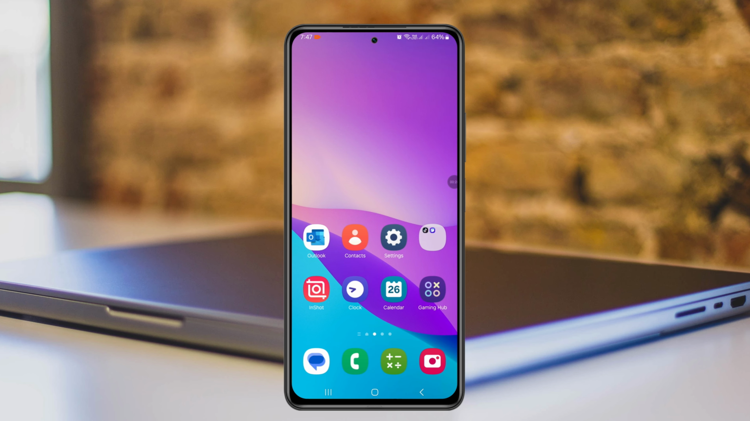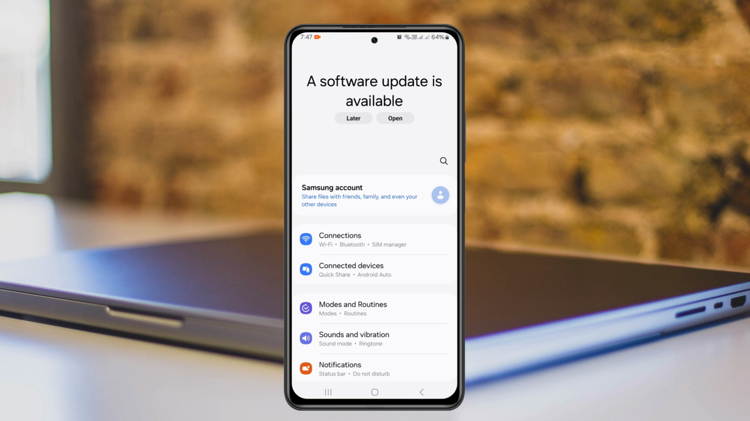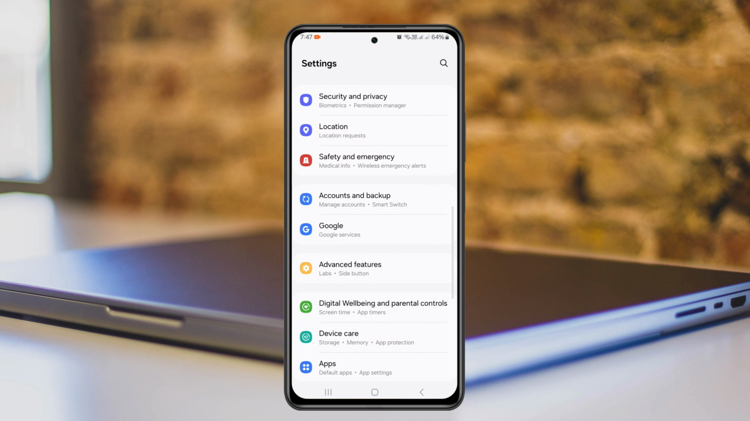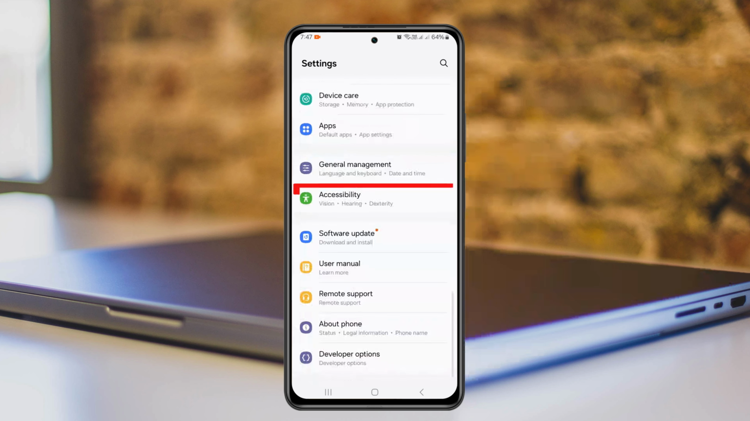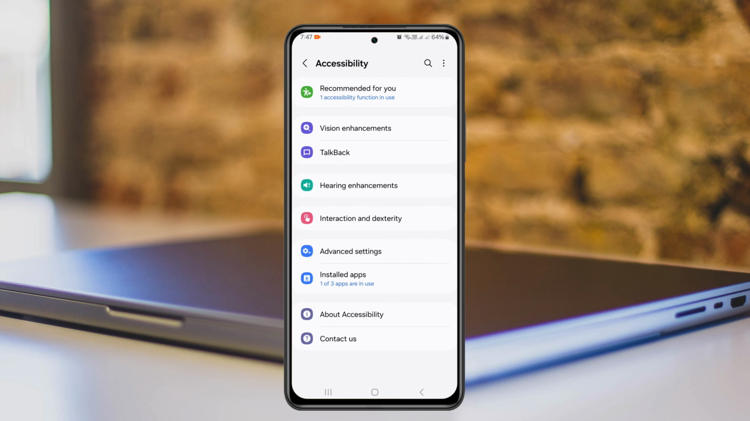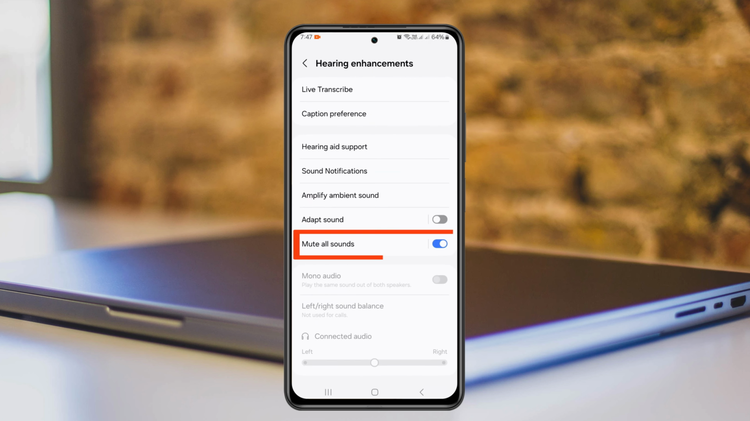First thing first, simply go and open up the settings app from your Samsung phone. And from the settings homepage, you just need to scroll down a little bit and go to the accessibility settings. You'll get to see the accessibility. You just need to tap on this. And then go and tap on hearing enhancement. Under this point, you get the option mute all sounds. It might be enabled. You just need to toggle off this option